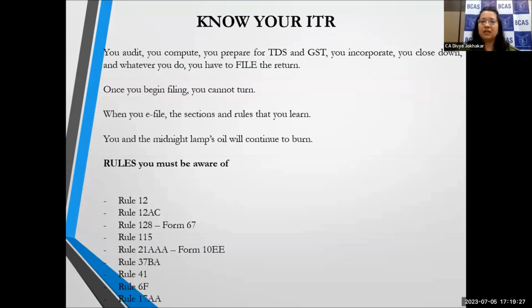Rule 115 explains the multiplier of the exchange rate for the foreign income that a resident Indian has received and how to disclose that in Schedule FSI and FA. We will see it. Rule 21AAA, which is linked to Form 10EE, is for that section which is named as 89A,